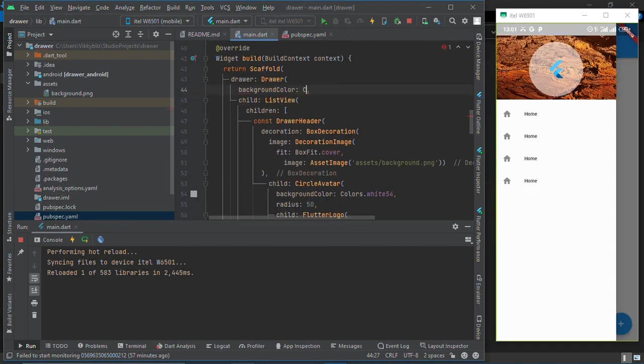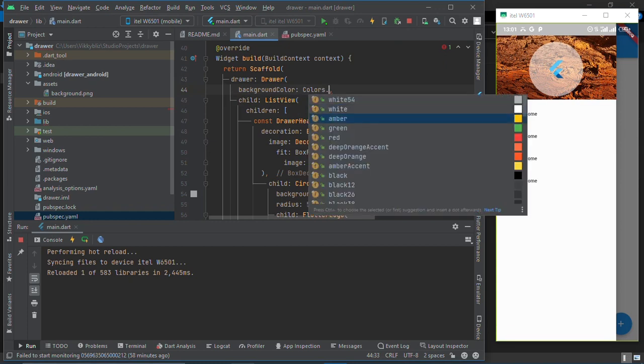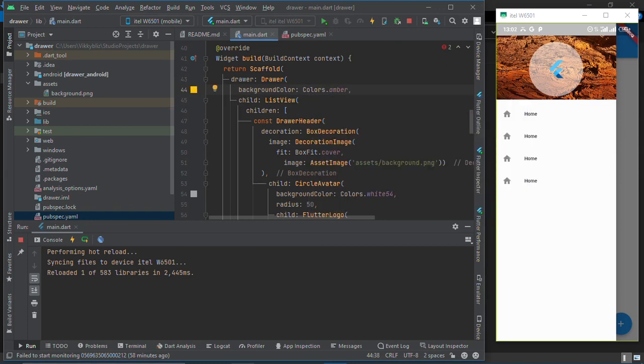All right, let's change the background color. Colors, I'll be using the amber, and let's see, amber 200. And wow, this really looks nice. This looks nice. All right, so yeah,